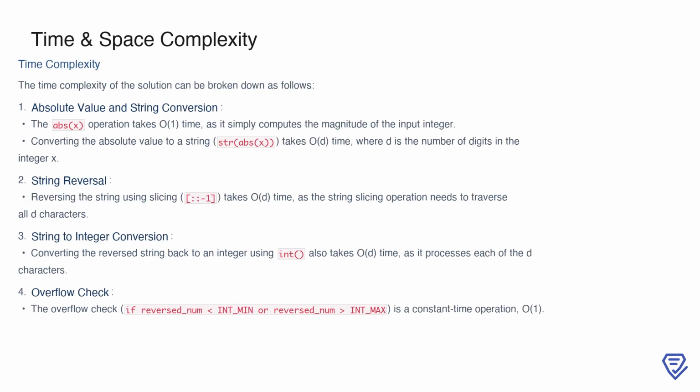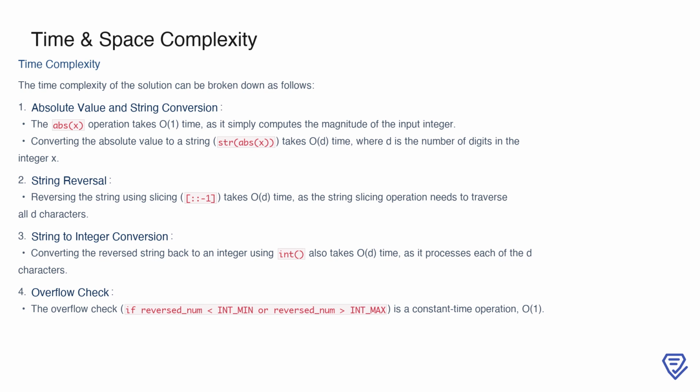To determine the time complexity of this solution, we can break it down into its individual operations. First, the absolute value computation, using abs(x), is a constant time operation, O(1), as it simply calculates the magnitude of the given integer. Next, converting this absolute value into a string using str(abs(x)) takes O(d) time, where d is the number of digits in the integer x, because each digit needs to be processed during the